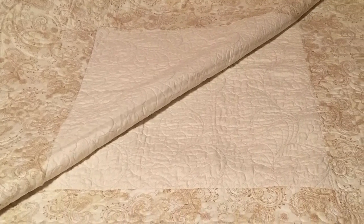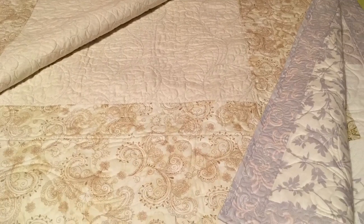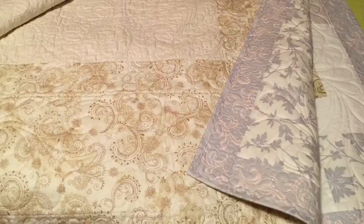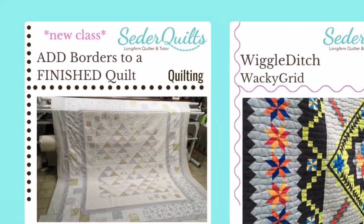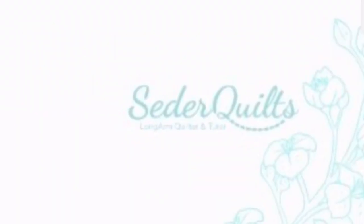But anyway, once you get the quilting done, you trim it all up and you add your binding, and voila, you now have a queen size quilt instead of a little throw, and it all looks beautiful and like it was meant to be. Hopefully this has given you all the inspiration you need to make your little quilt bigger,